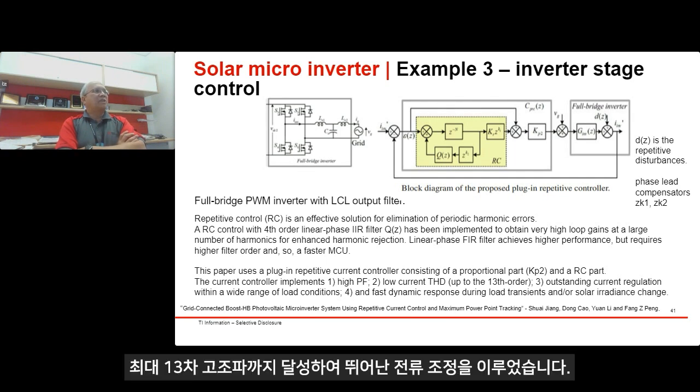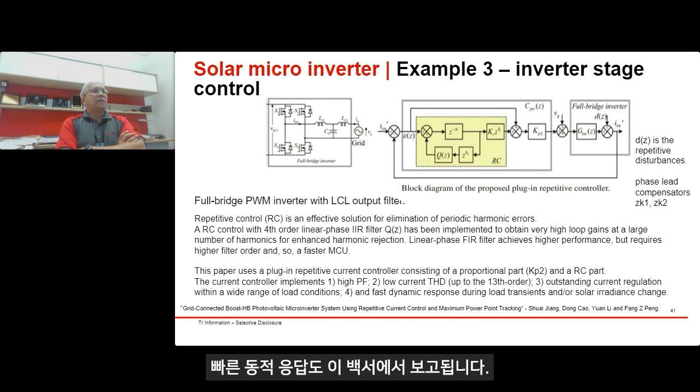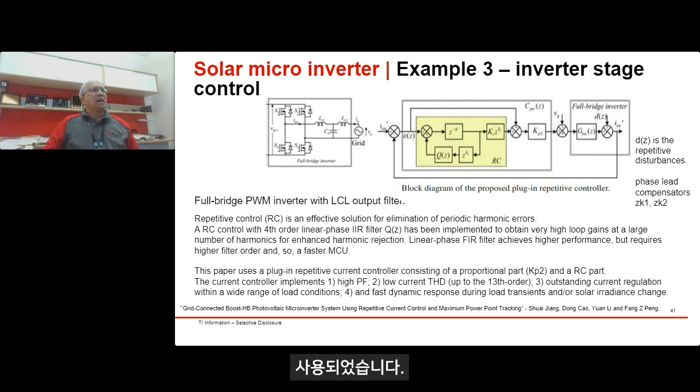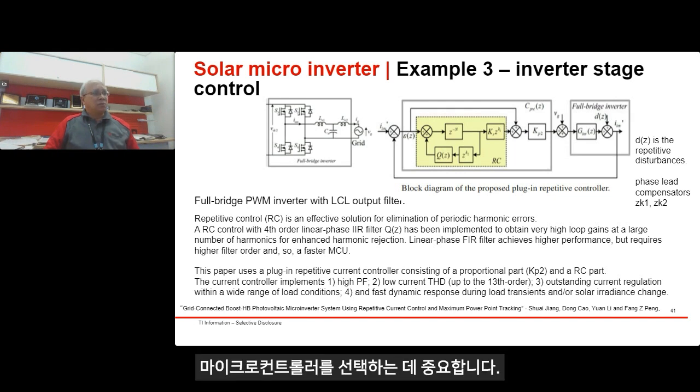Outstanding current regulation and a fast dynamic response are also reported in that paper. So a C2000 microcontroller is used in this case. You can see a lot of calculation, so the processing power of the MCU and the control implementation is also important in selecting the